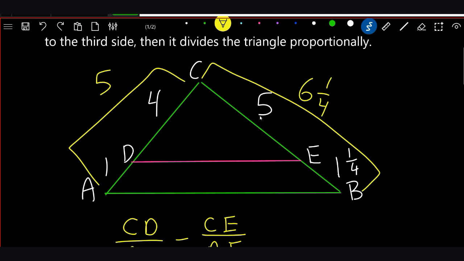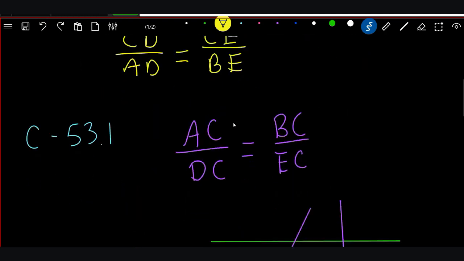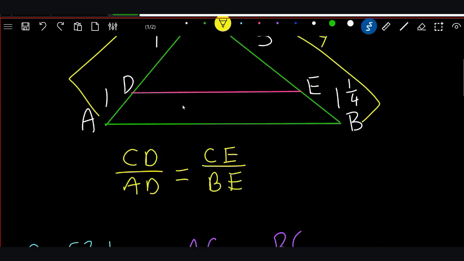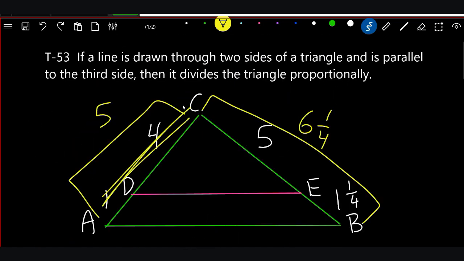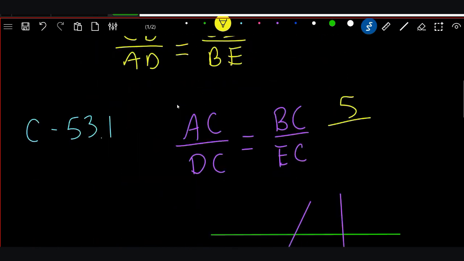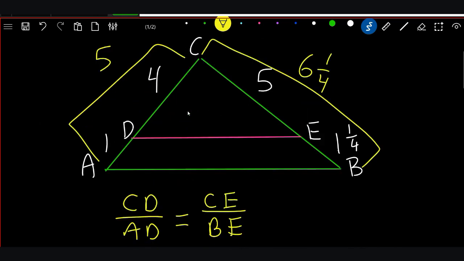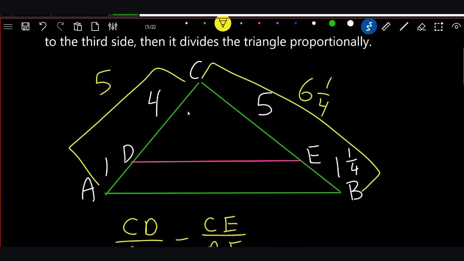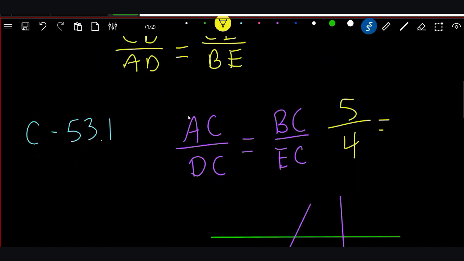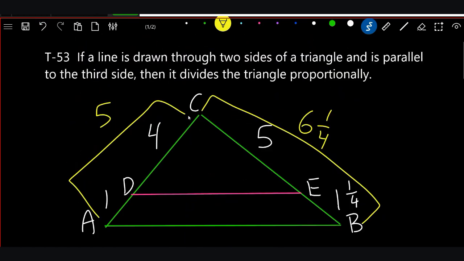Now, what this corollary 53.1 is saying is that side AC, in other words, the whole side right here, so 5, we'll put 5 down here, is to DC. What's DC? That's this one right here. So, that's 4. So, 5 over 4 equals BC, this whole side. So 6 1/4